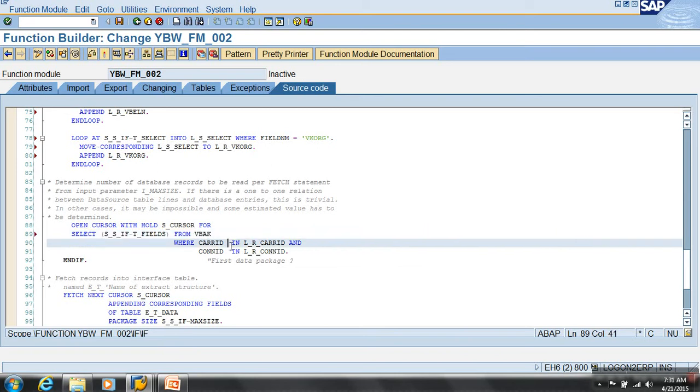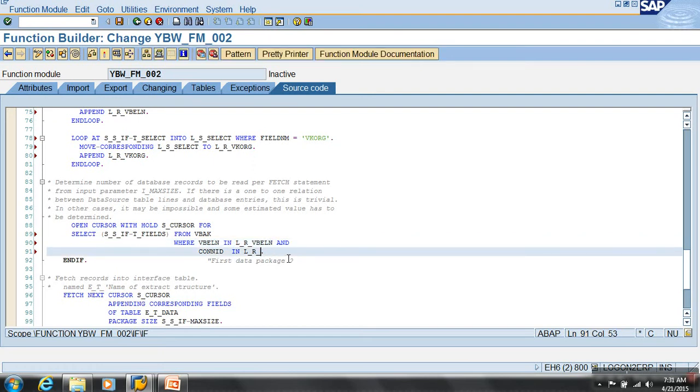From VBAK where, what is my condition? Where VBELN in, because it's a range variable, right? VBELN, okay. And done. So I finished opening the cursor.